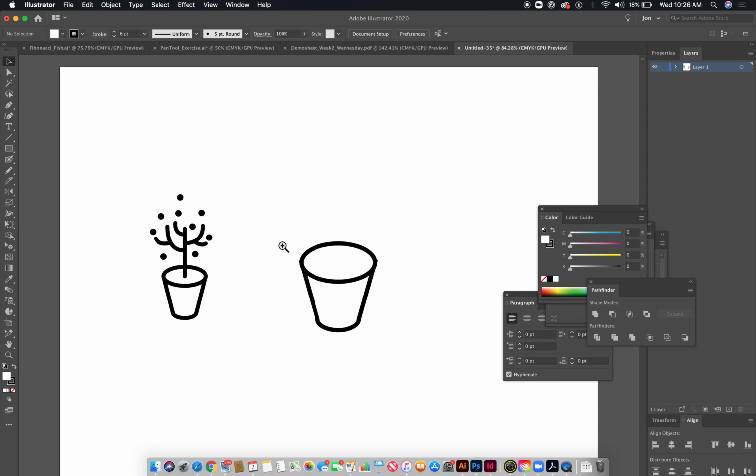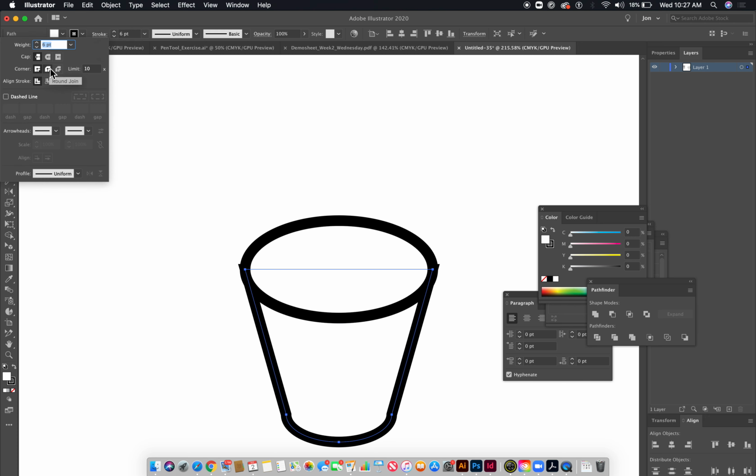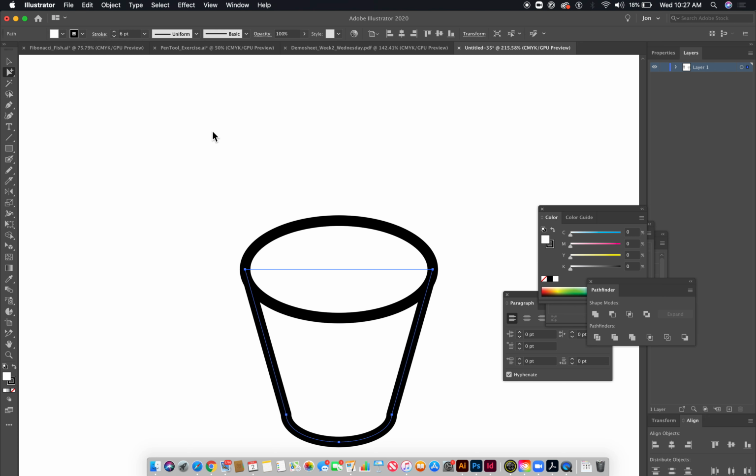You'll notice on the sides here that it has these little triangular pieces, which is where this shape is turning the angle of the stroke. So let's go to the stroke panel and set it so that the corners are rounded. That'll hide that